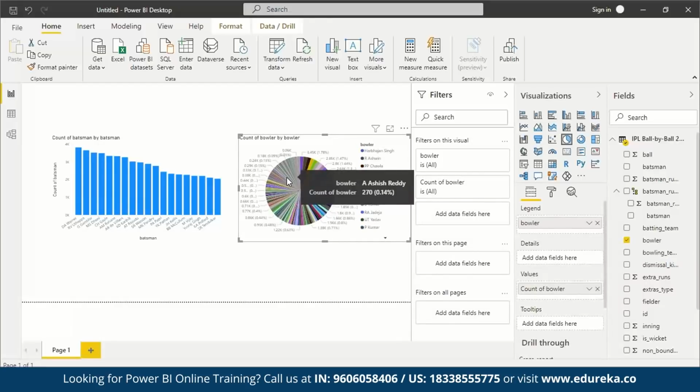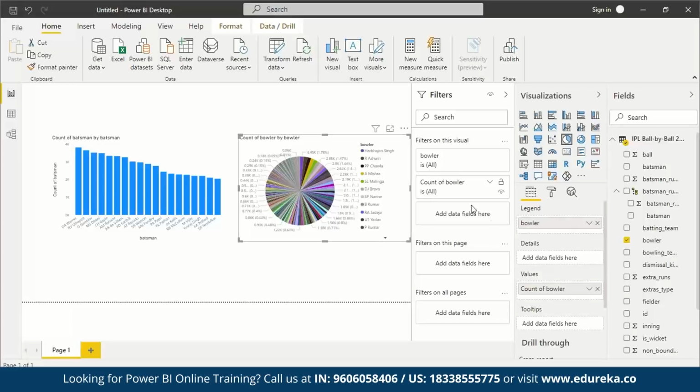So as you can see, there are a lot of bowlers. The first one on the list is Harbhajan Singh. So we're just going to make this list a little smaller. So as you can see here, the pie chart already has various colors assigned to various bowlers, right? This is not the case in the bar chart. So that's the disadvantage. If you want to represent different teams or different bowlers or batsmen in different colors in a short amount of time, if you don't have that much time, you could just pick a pie chart.